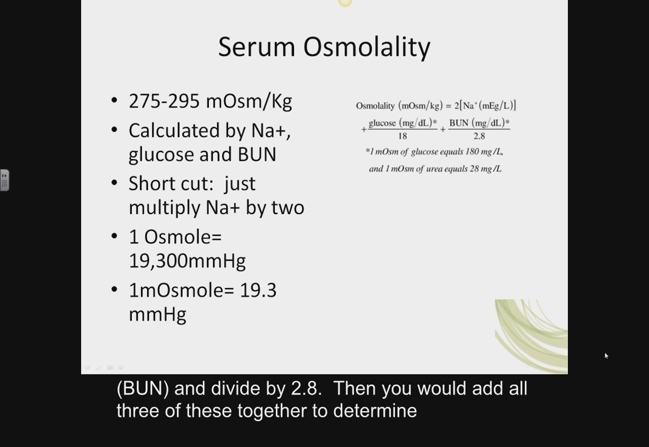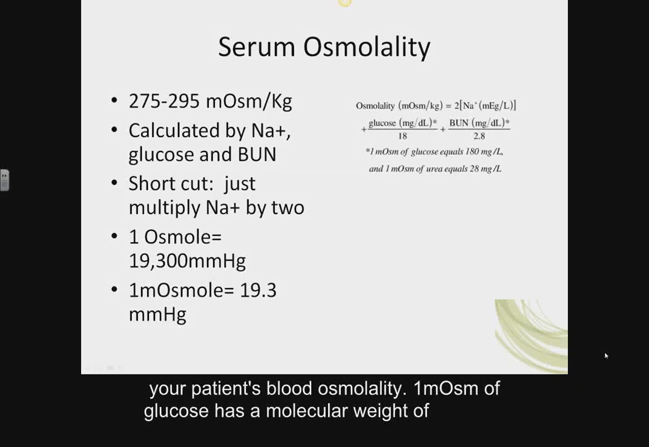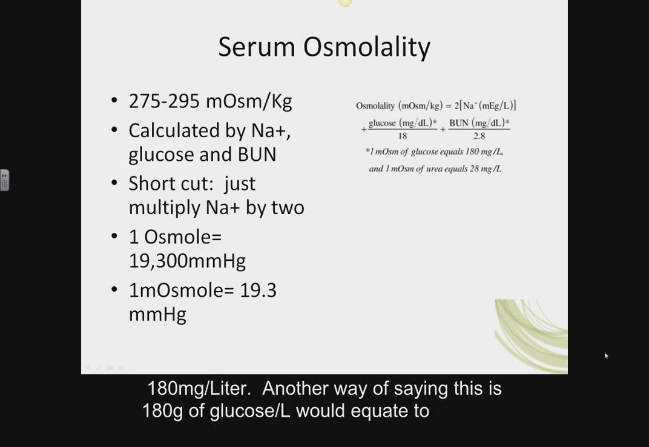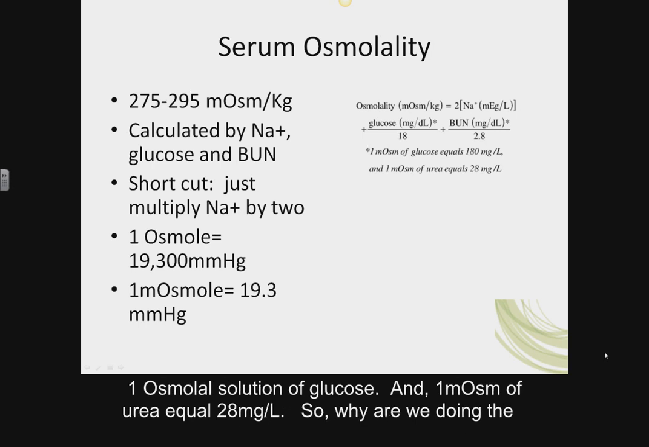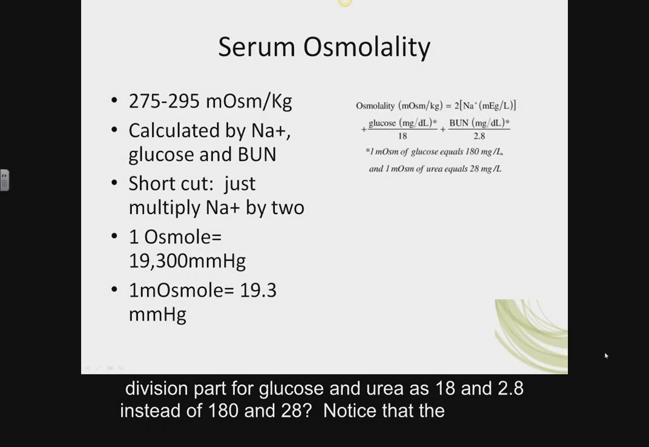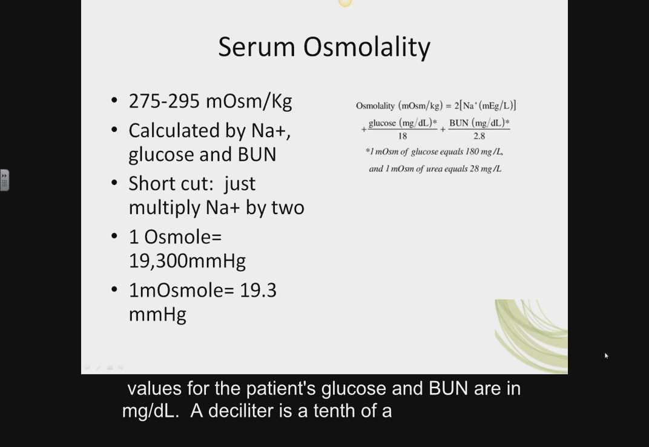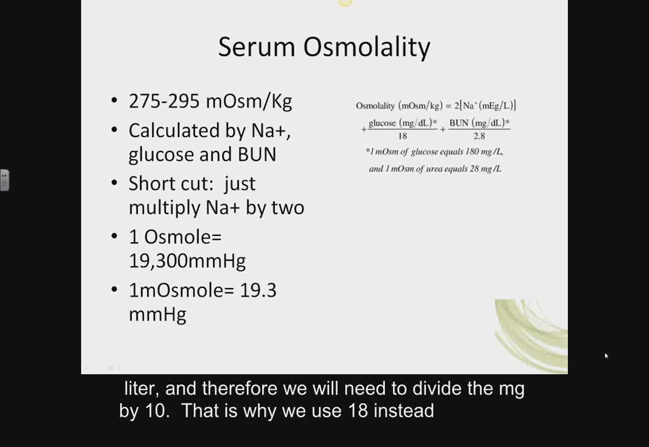1 milliosmol of glucose has a molecular weight of 180 milligrams per liter. Another way of saying this is 180 grams of glucose per liter would equate to 10 osmol solution of glucose. And 1 milliosmol of urea equals 28 milligrams per liter. I'm sorry, I misspoke in that previous example. It should be 180 grams of glucose per liter would equate to 1 osmol solution of glucose. My mistake. So why are we doing this whole division part of glucose and urea as 18 and 2.8 instead